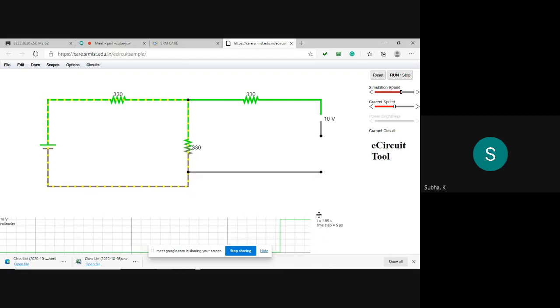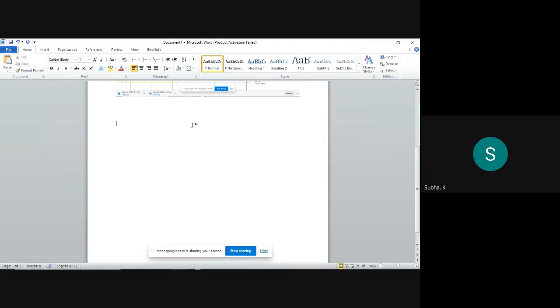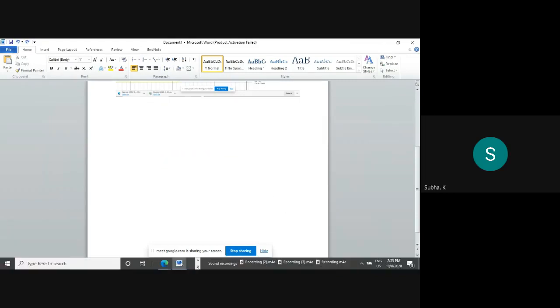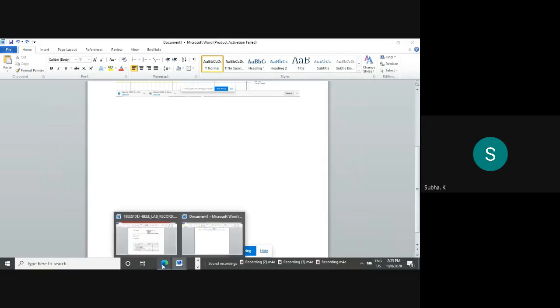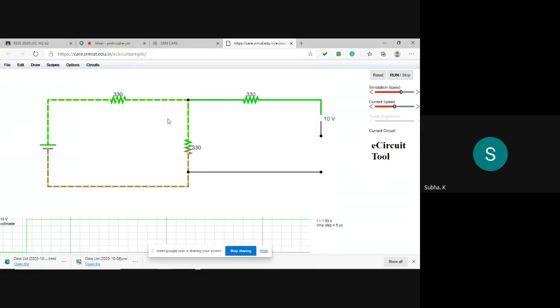I think my circuit is not copying. So anyway, if it's possible for you to copy the circuit, you have to copy. With this VD indicated as voltmeter 10 volt, you have to copy, but the circuit is not copying. I will give Control C again. Okay, so I will paste it. Same circuit is pasted, but you copy and paste. For me, some problem. It's not getting copied, ma'am.